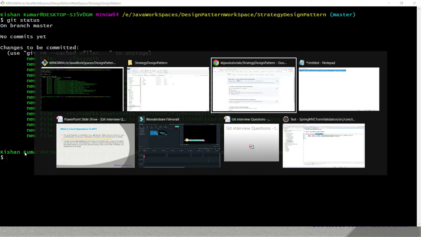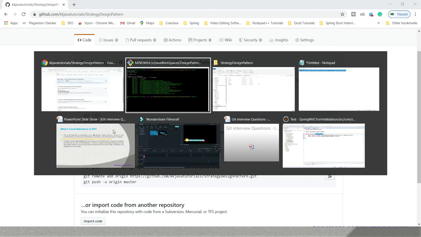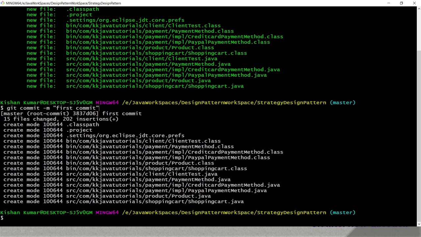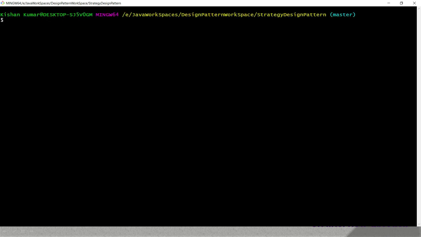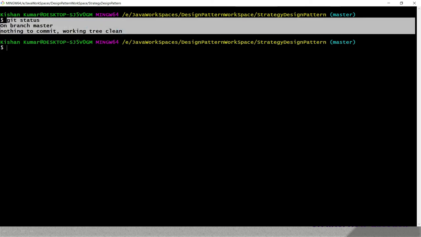That's how git has provided the instructions, so we need to issue this command. I'm going to commit all my changes with git commit -m, and you have to specify the commit message. This is our first commit, so the comment is meaningful. Now if I say git status, you'll see nothing on the local workspace, because everything is now committed and present in your local repository. Everything has moved into the local repository now.